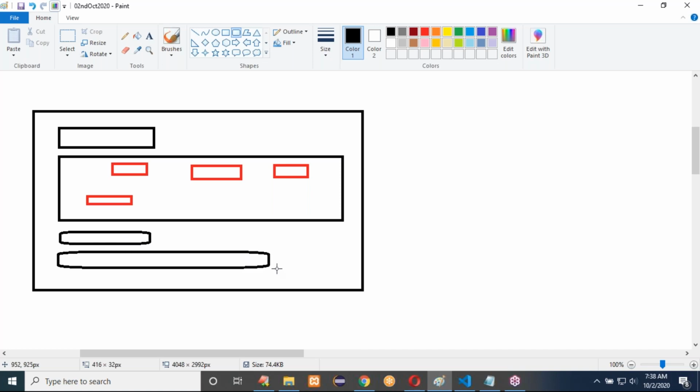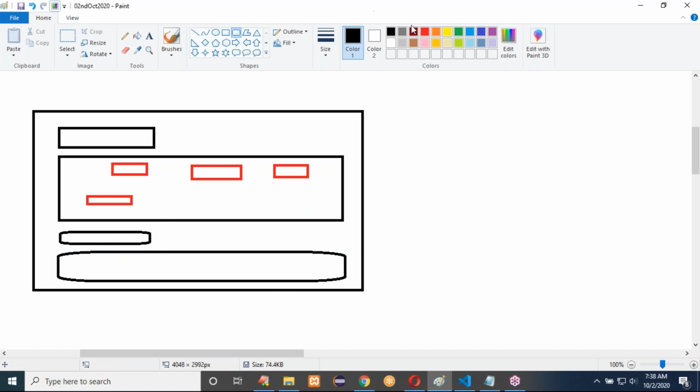Wherever you have politics-related words from the heading in the paragraph, highlight them in red color. Whatever heading you write, keep some words related to that heading in the paragraph.